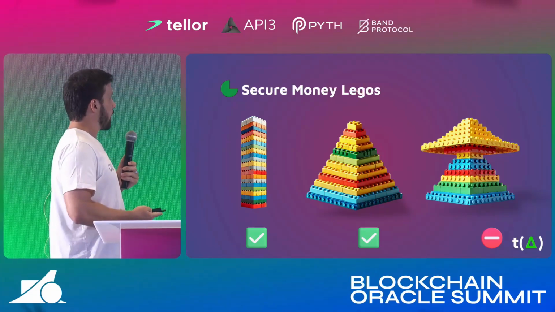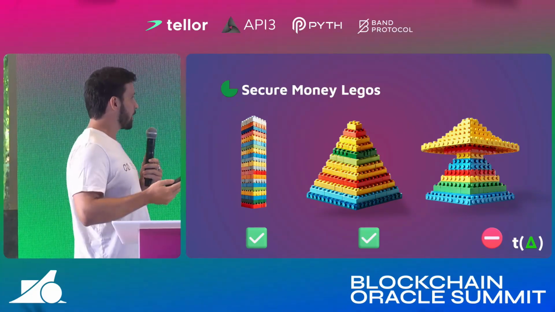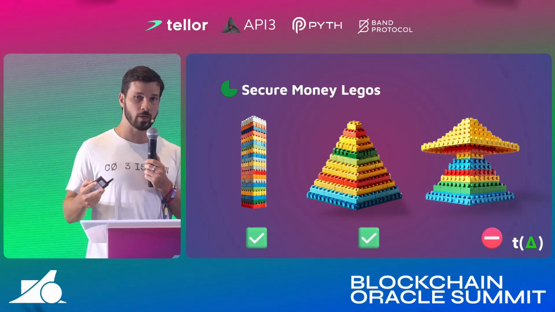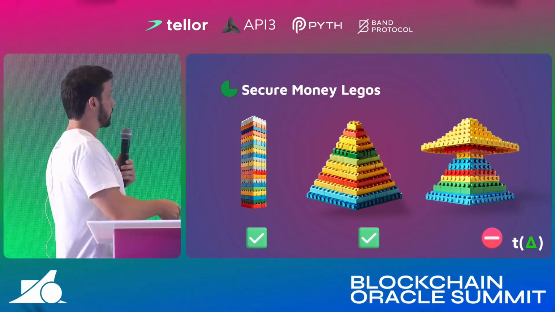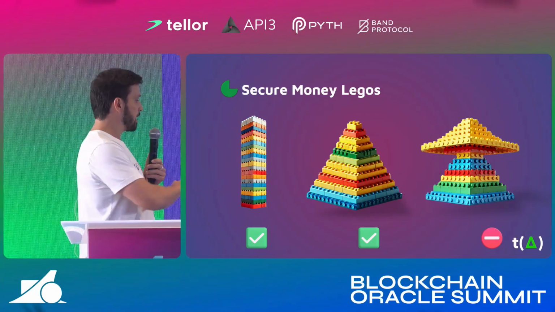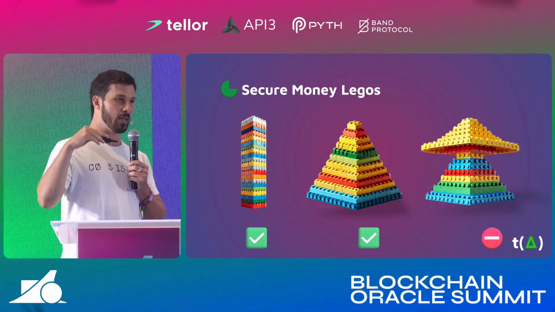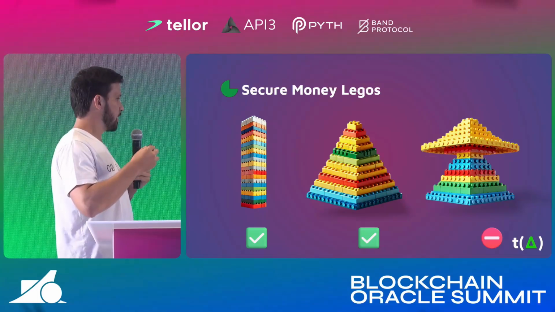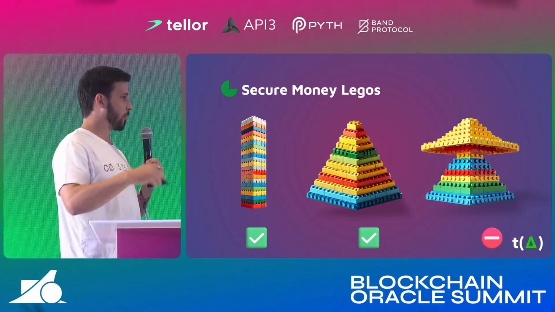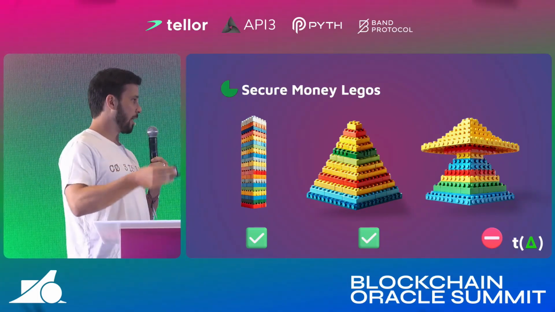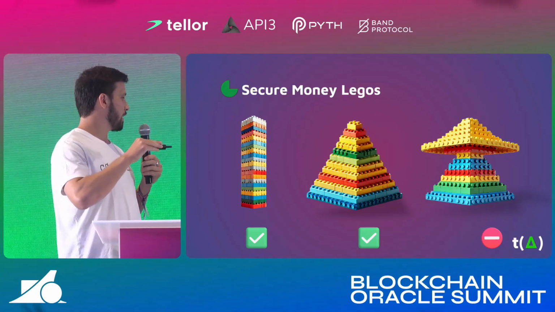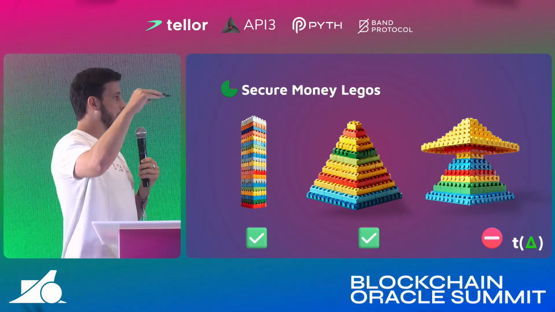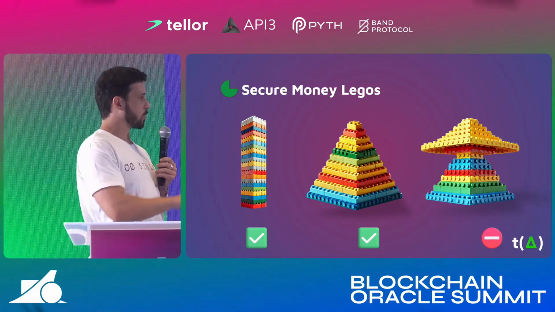And so I want to talk about this concept of money Legos. There are two good ways to build with crypto economic authority in mind. You can build vertically integrated, where each layer is not making any more demands on the layer below it. The delegated crypto economic authority of a piece of data at layer 0 or layer 1 is at least as much, in both of these cases, as the layer above it. And so these two first ones fit that